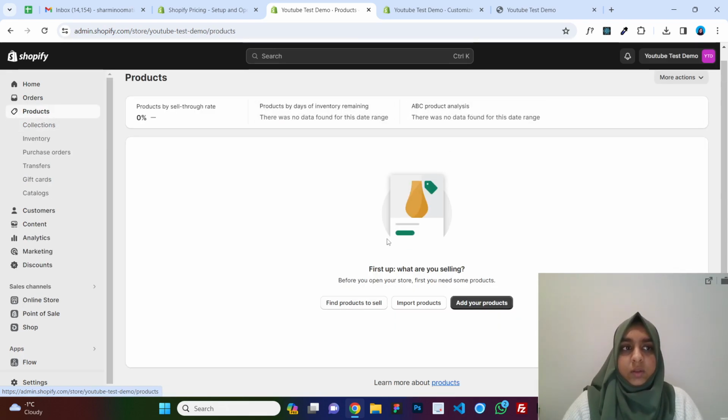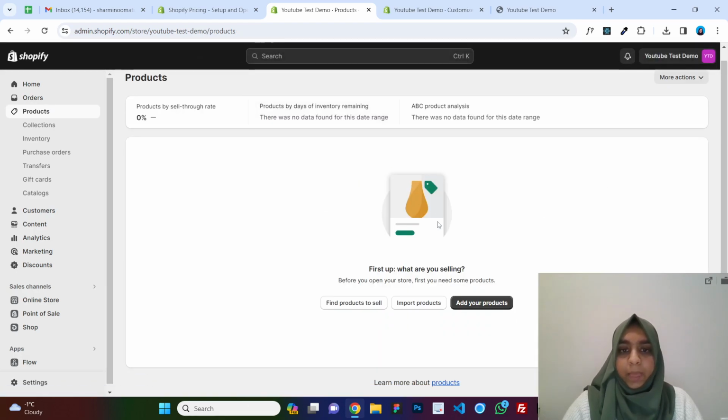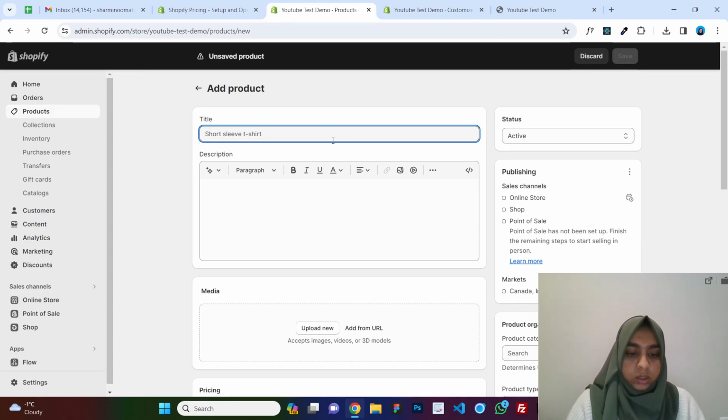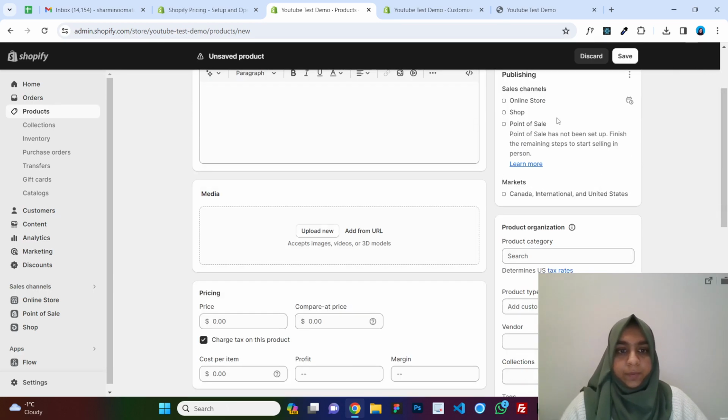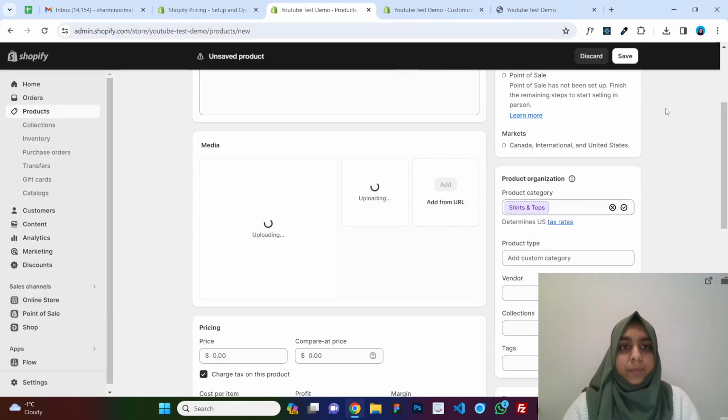You click on products, and this is where you will be uploading your products. So you can say add your product, or you can also import products. If you are running your e-commerce somewhere else, for example WordPress or any other e-commerce platform, then you can just import your products from there, or you can add your own product. So let's call our product just a white t-shirt, and here you can upload images. So I have these two images, I will upload them,